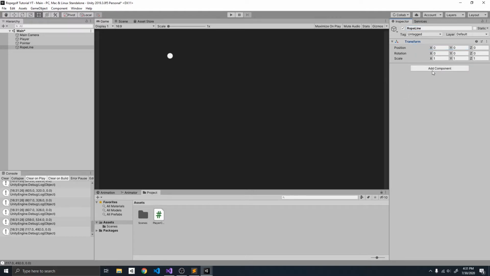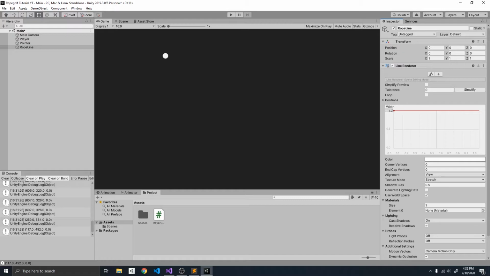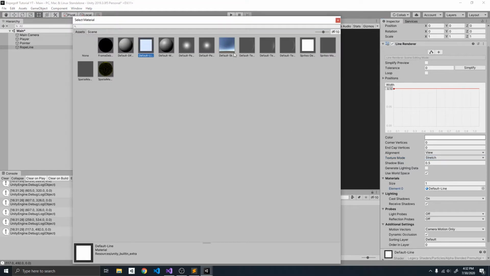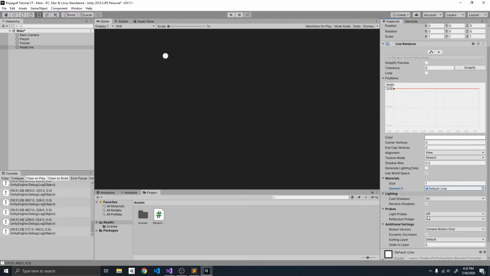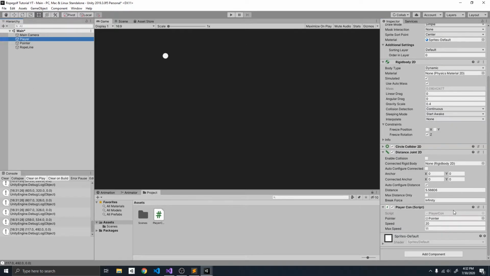I'm going to reset its transform, and I'm just going to put a line renderer inside its component. For the settings, the width will be 0.1. I'm pretty sure that's it. Just for your material, make sure you assign it to default line, and that's it for now. Then you go back to your player and open up the player script,